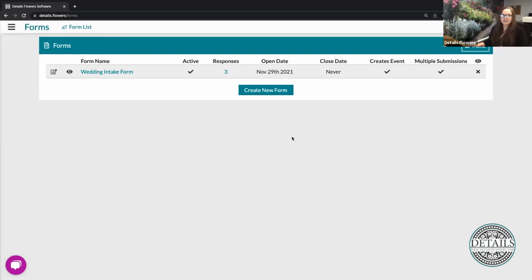First thing in the upper right-hand corner is going to be our menu button. This is where you're going to be able to create a custom domain. For anyone who doesn't know, Details does offer custom subdomains that you can purchase. Basically, what that is going to do is change out the link that you provide to your client in order to